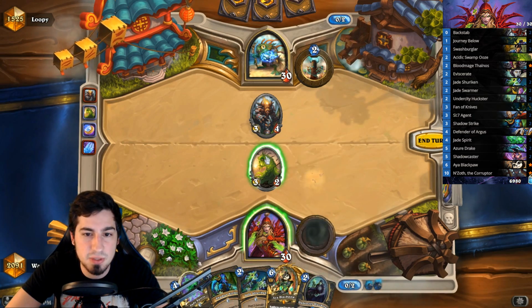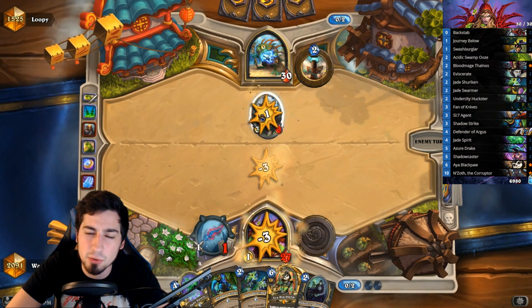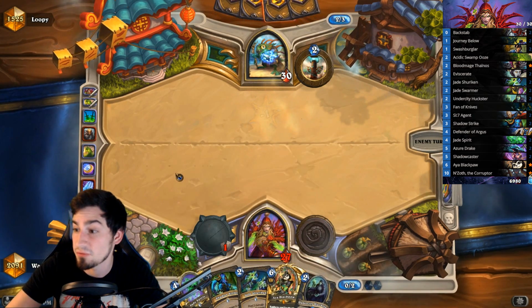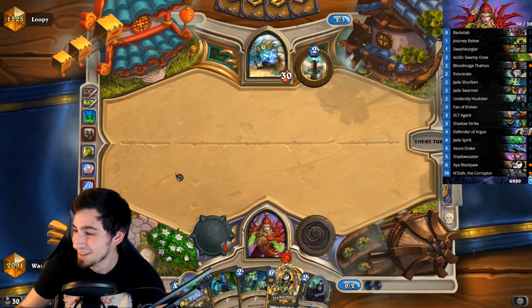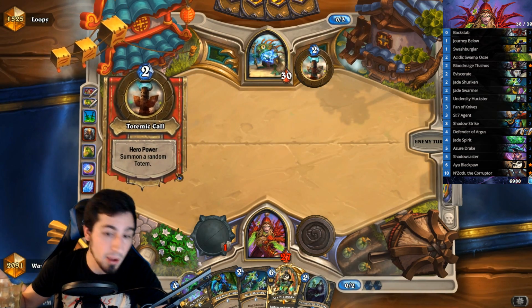So in this position, I actually like going ahead and just trading into this Totem Golem, because I have a feeling the only reason he'd play this Totem Golem here is if he has a follow-up Totem Golem. I just have the feeling this guy has another Totem Golem or a Tunnel Trog in his hand. Unfortunately, he doesn't,